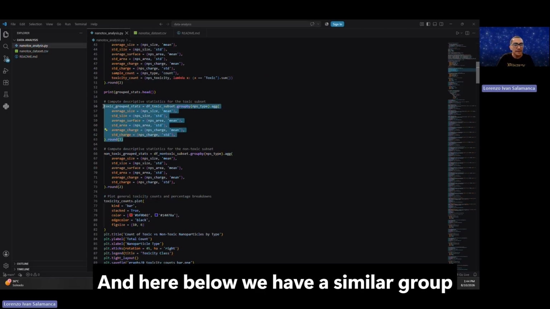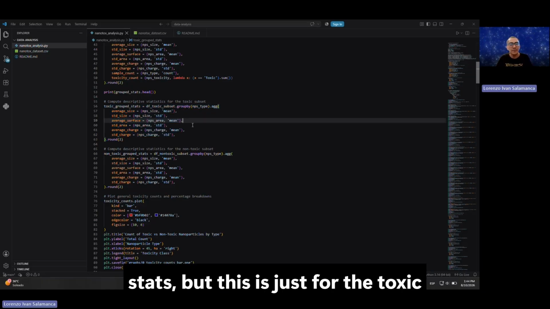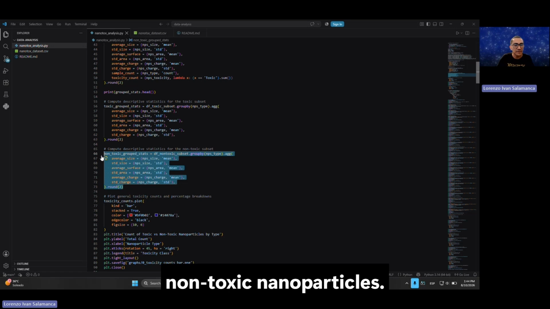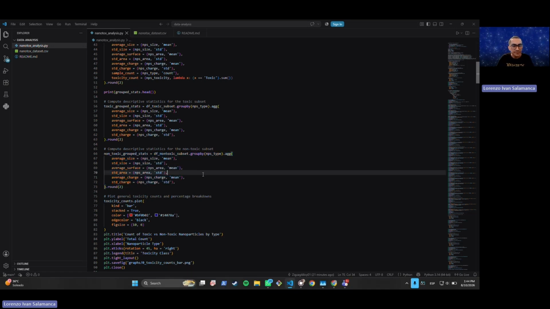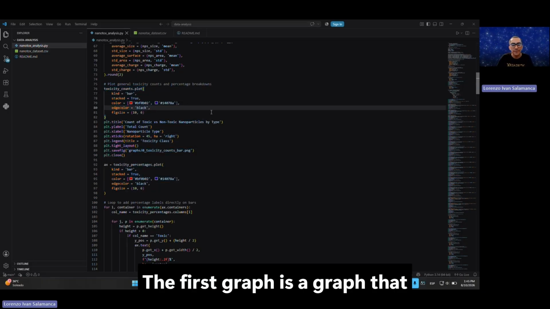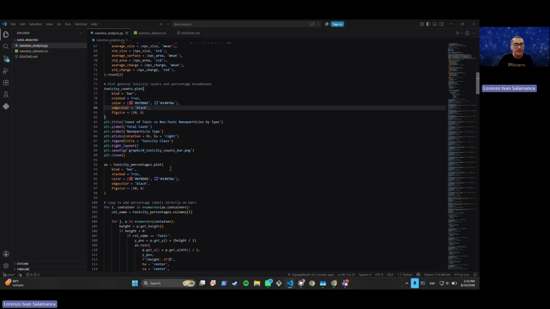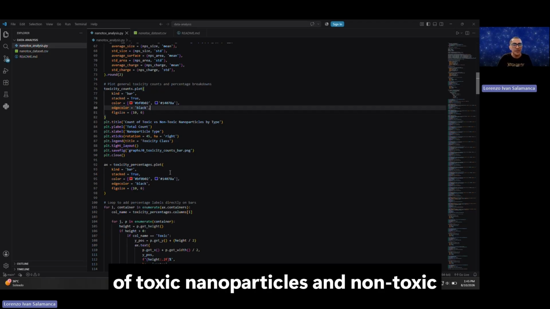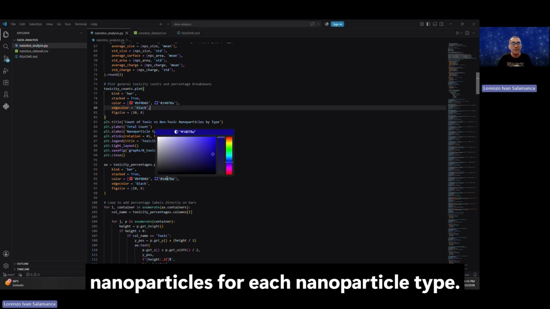And here below we have a similar group of stats, but this is just for the toxic nanoparticles, and this is just for the non-toxic nanoparticles. Here we have the code for the first graph. The first graph allows us to see the count of toxic nanoparticles and non-toxic nanoparticles for